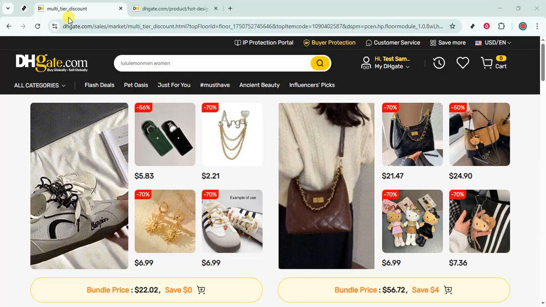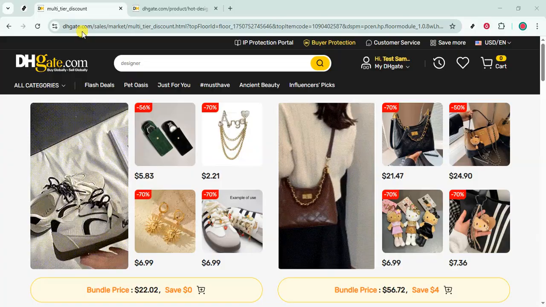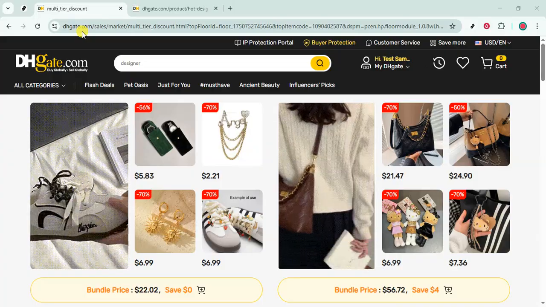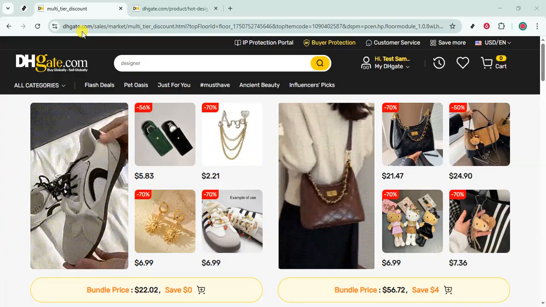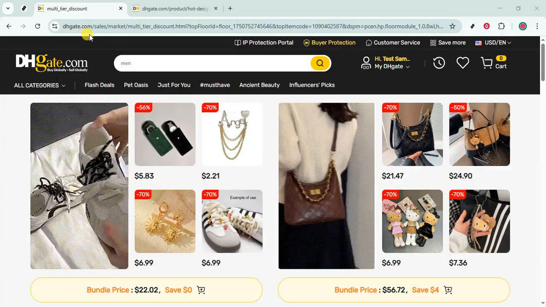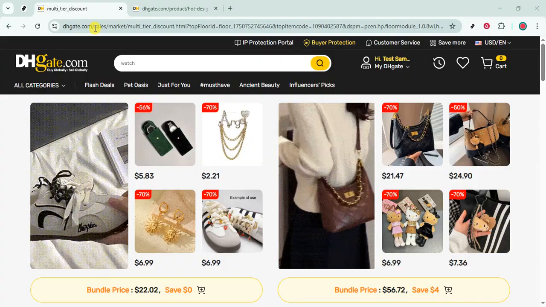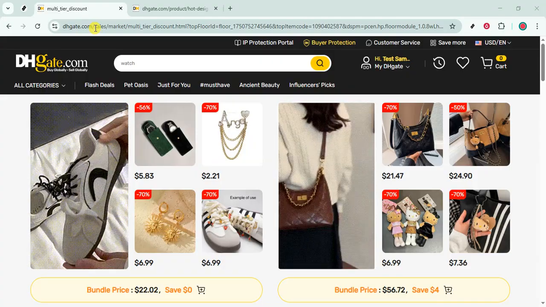In today's video, I'm going to teach you how to see picture reviews on Dhgate. This is a quick walkthrough that shows you exactly where to find real customer photos so you can judge product quality with confidence before you buy. Picture reviews are incredibly useful because they show how an item looks outside of polished product photos, including color, size,